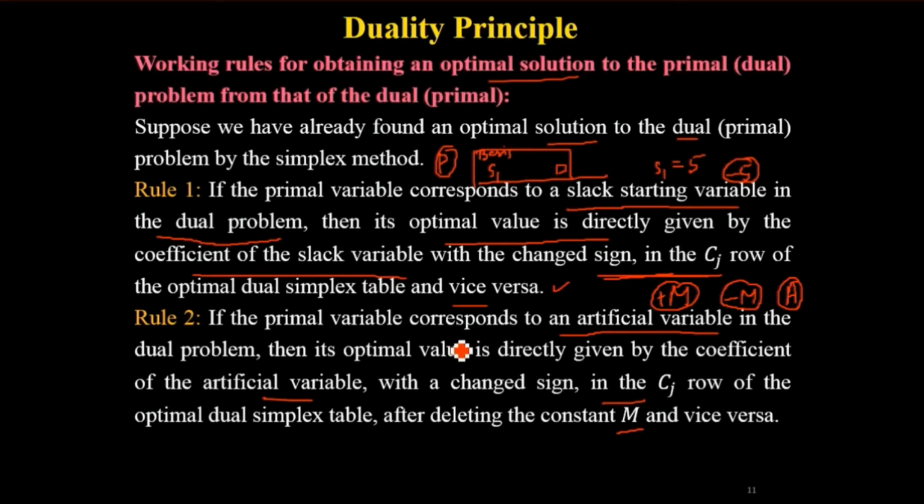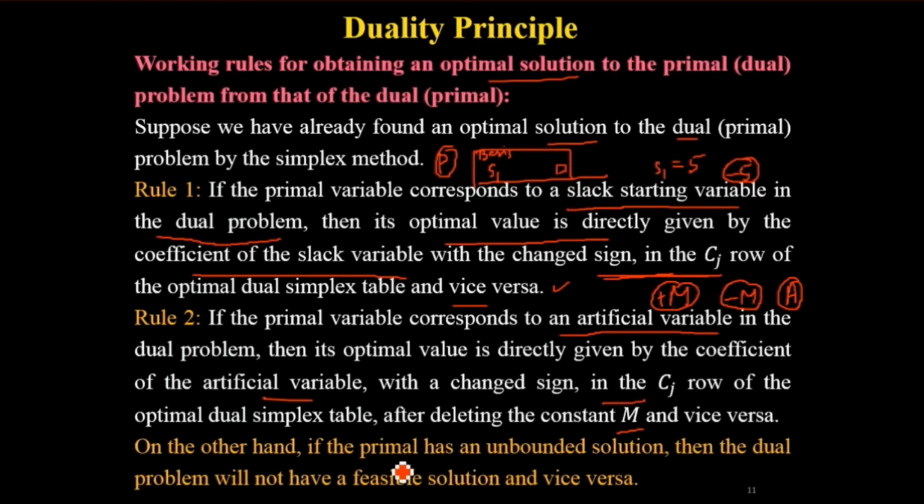So if we summarize everything: on the other hand, if the primal has an unbounded solution, means whatever problem you treat as the primal problem has an unbounded solution. When do we get an unbounded solution in the simplex method, if you remember? When you are not able to find the key row, that is the ratio. If after finding the key column you are not able to find the key row, then we conclude that an unbounded solution is there. Then we can say, if the primal has an unbounded solution, then the dual problem will not have a feasible solution,